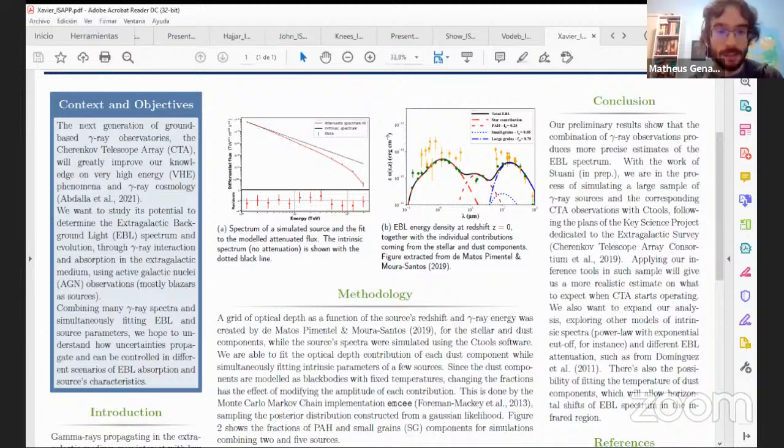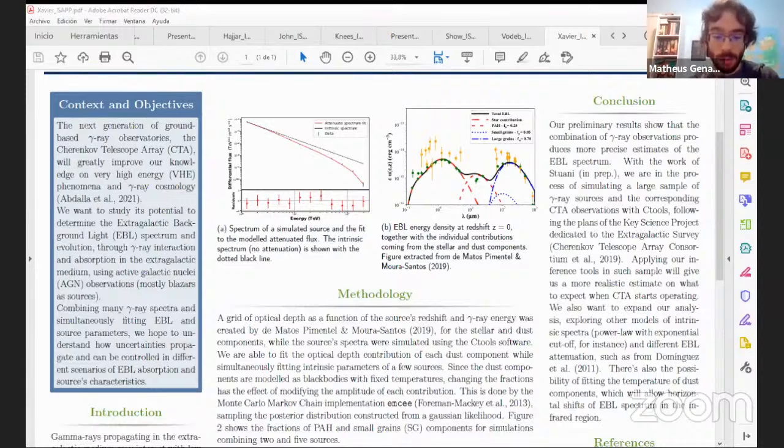So my work is dealing with these general problems, to extract parameters of the EBL from observed sources, but in the context of the Cherenkov Telescope Array, the CTA. CTA will be very important to collect very high energy data at dozens of TeV, a range of gamma ray energies that can interact with the far infrared region of the EBL. It's a region dominated by dust emission, so it's actually a new region that we can probe with CTA.